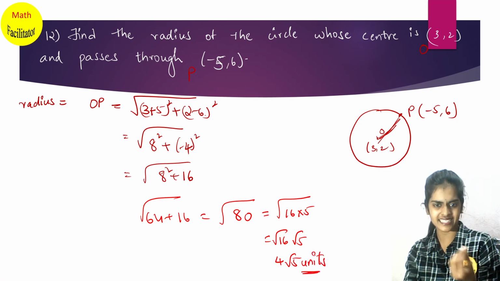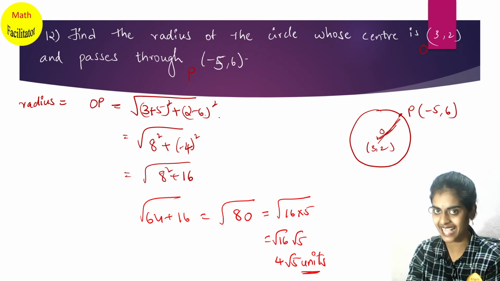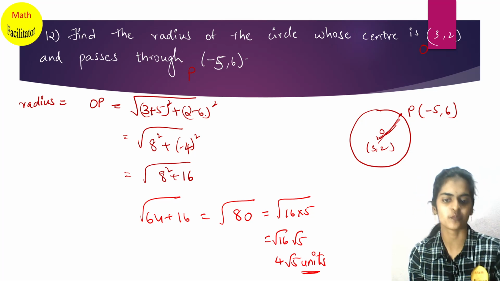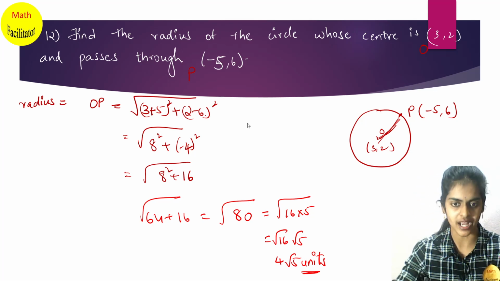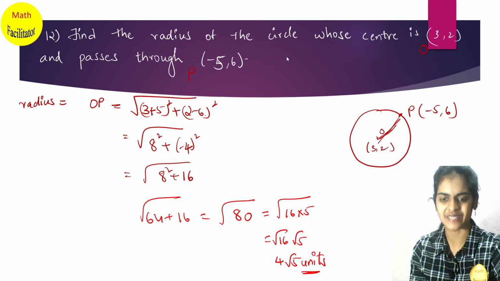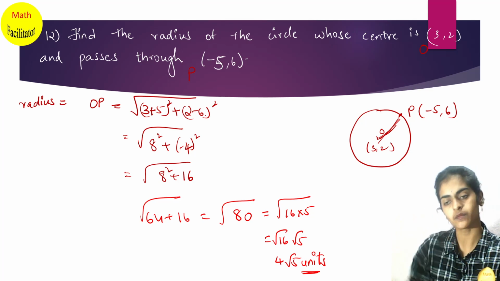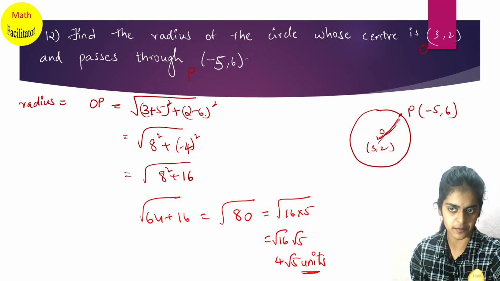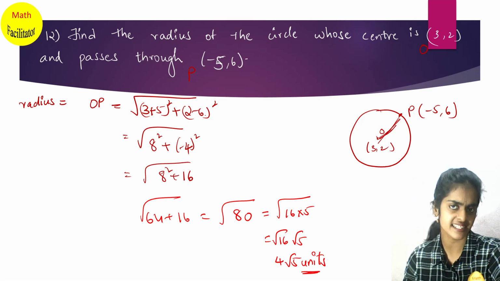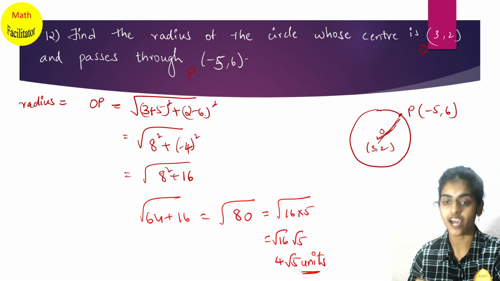As I have made a simple small mistake like 2 minus 6, I had written it as 8. So if you can avoid these mistakes in your board exams, it will be superb and you will get full marks. And I'm very sure in board exams you will not make these mistakes. So these problems are really important, and these are the different model problems which you can expect from this chapter. This is a really easy chapter based on one single concept. This entire exercise is based on the distance formula. So if you're perfect with the formula, now how to apply?